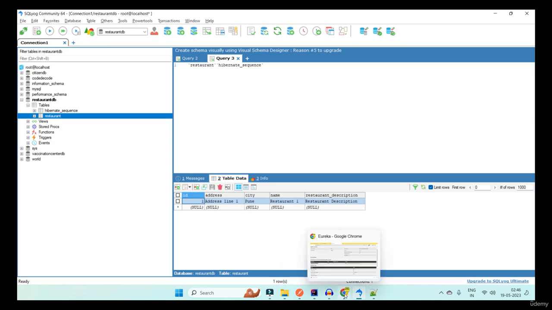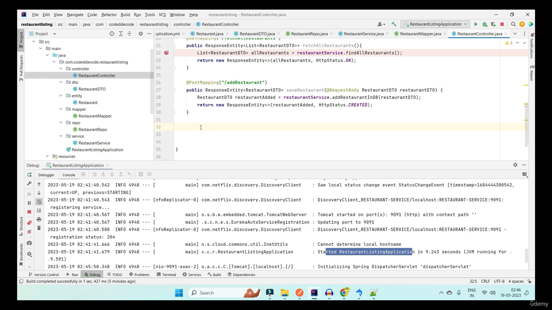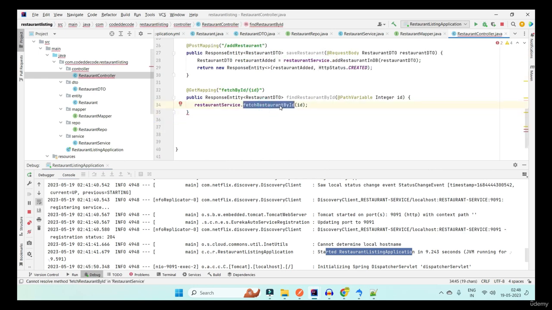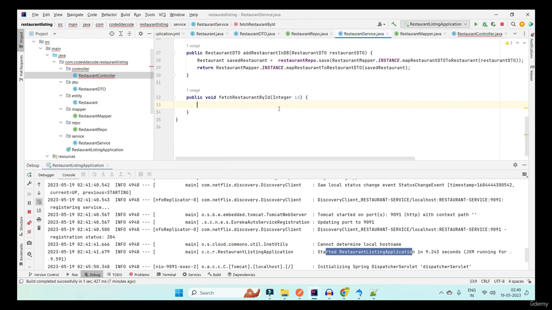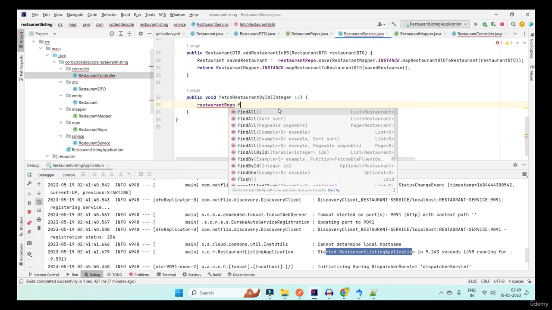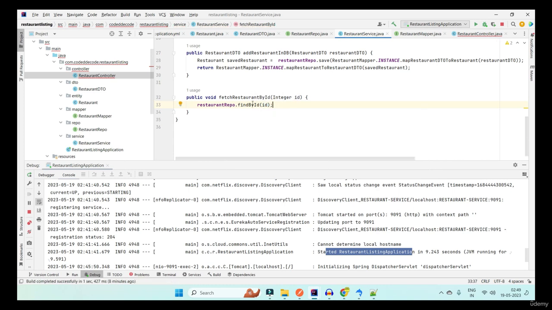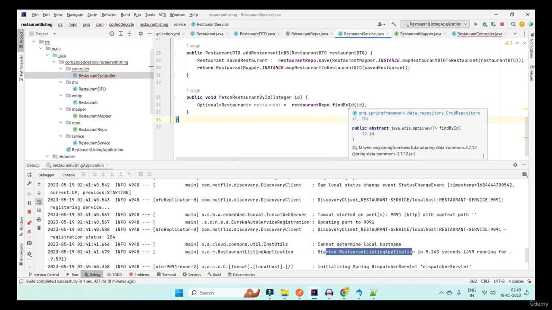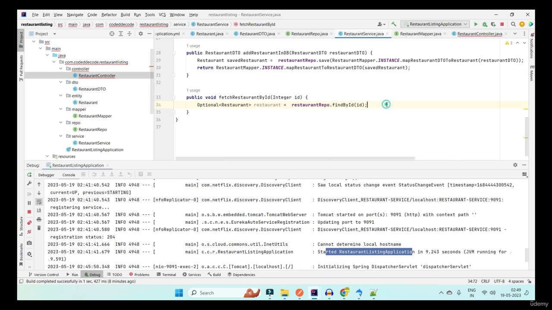Now the last thing that we need to do is to add a REST endpoint to fetch restaurant based on ID. We'll be creating a method fetch restaurant by ID in the service layer. In the service layer, we are going to hit the restaurant repository dot findById and pass the ID there. The return type for this is an Optional of restaurant. Since there might be a chance that we might not find that restaurant by ID, hence we always have the Optional of restaurant in the return type. We need to check if restaurant dot isPresent, then return. It's better to create the response entity here only, because we need to pass the HTTP status also, whether we have successfully found it, 200 OK, and if we did not find it, then 404 not found.